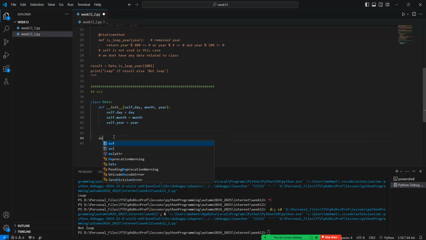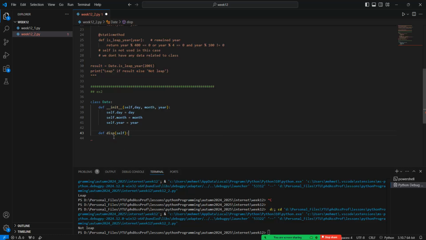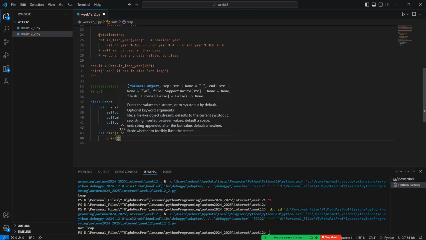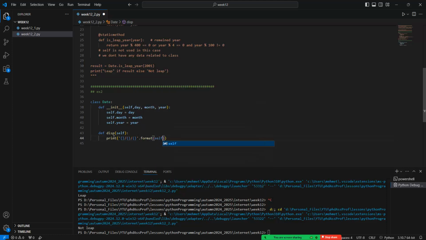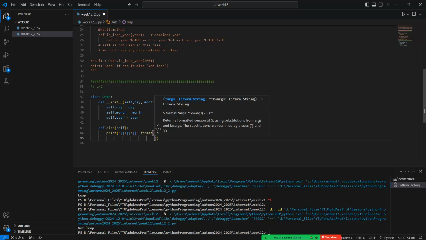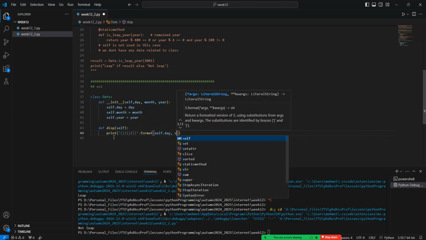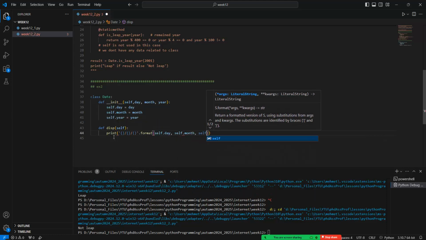Okay, and so the def this can be called, but in this case we need to give the self keyword because it's not a static method. Okay, and so the print date and date. Okay, and so the format self.day, self.month, and self.year. Okay,